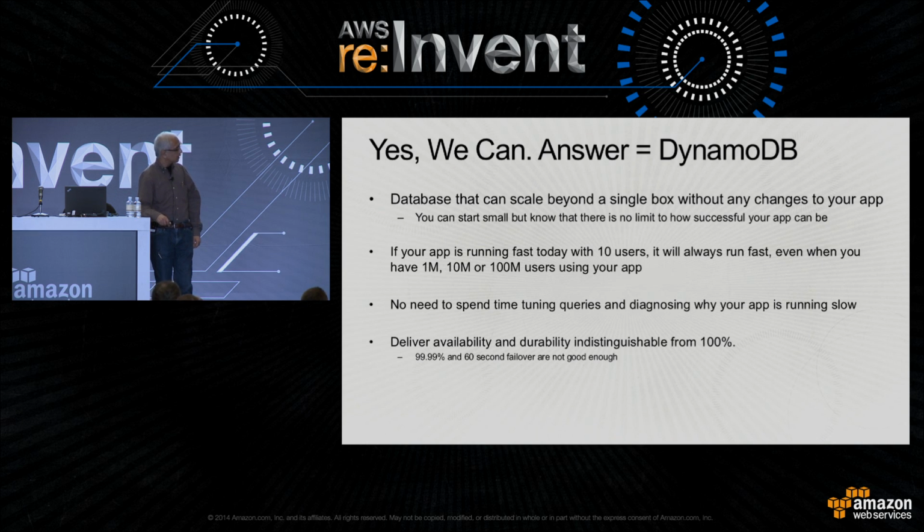And it does all of this along with giving you availability which is indistinguishable from 100%. This database gives you more than 99.99% availability, and there's no notion of failovers. So there's not the issue that happens with relational databases, where in case of a failover it takes 30 to 60 minutes to fail over your application from a master to a slave, which becomes the new master. In this case, it is completely transparent. These are some of the things we are able to do because we removed the constraint of relational semantics.